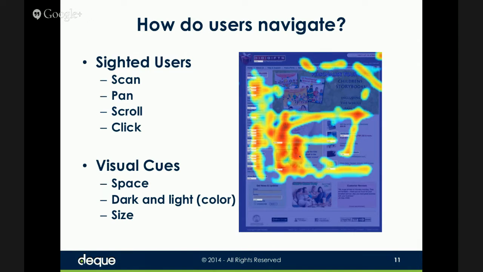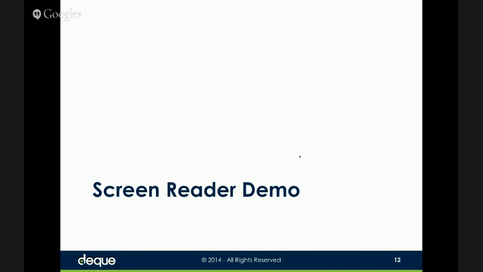And so those are just some of the visual cues that designers will use to try to get you, the users, to go and look at the content and interact with the content in the way that they want them to. So let's move now to do a quick screen reader demo,